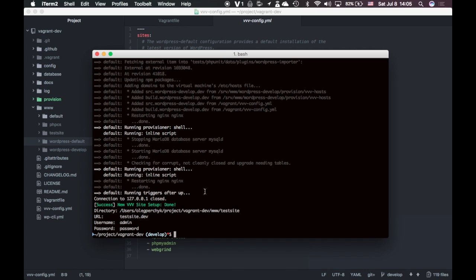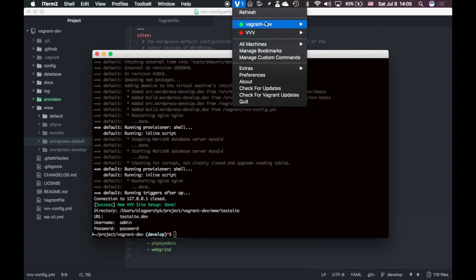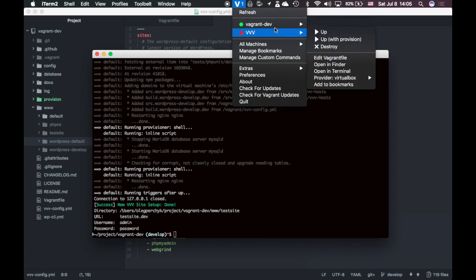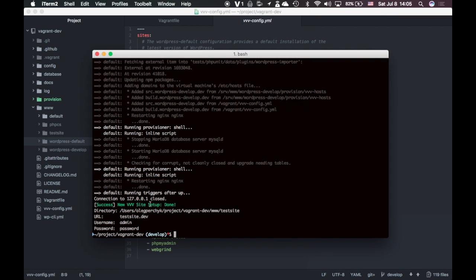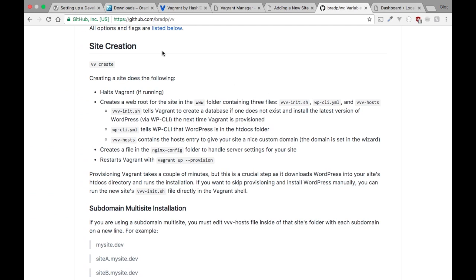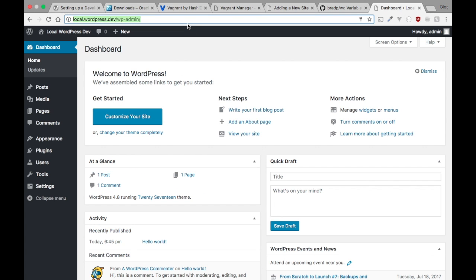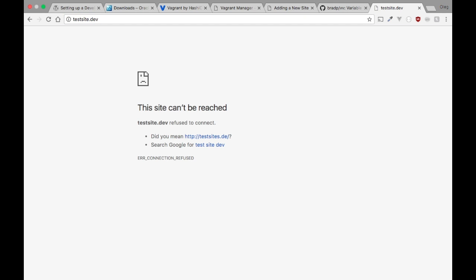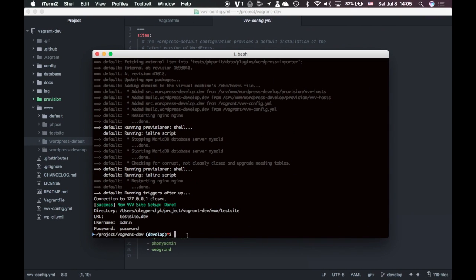Let's see if it works. Ideally, it should have created a project named testsite.dev, and because our Vagrant dev box is running, we should be able to visit this site. Let me copy that. Testsite.dev, run it, and it should work. It doesn't. Now, this is a problem I had to figure out before, and the trick to fixing this,